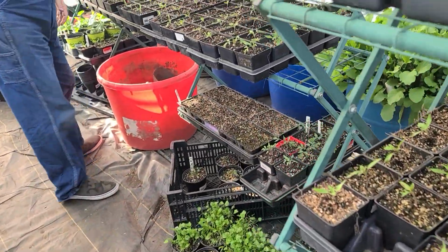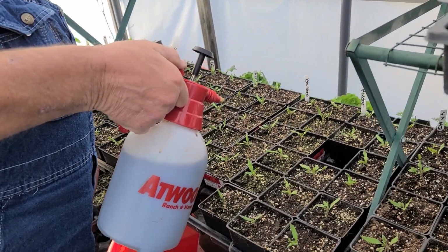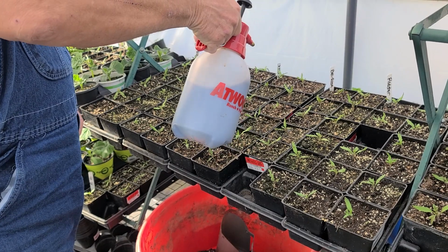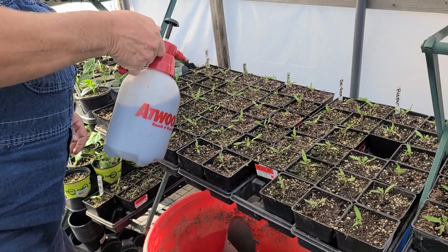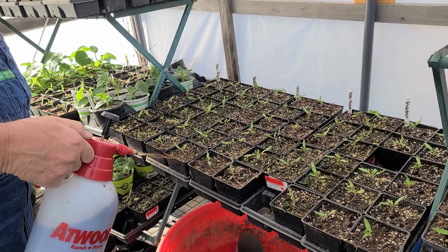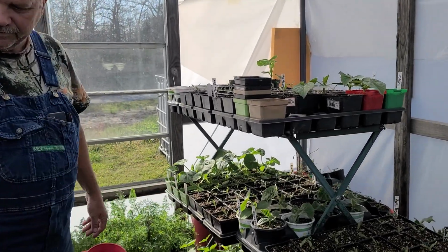Sissy will come in here. This is all you got to do. You don't get a tablespoon and sit around and measure all day. You'll be there for a month. So just spray this stuff on. So I'm just giving them a shot. And this does not harm the foliage. You can spray it. You can foliar feed, and you can do the soil as well. I wouldn't be afraid to use this for what they call root drench when you transplant. Just dip it in the roots and set them right in, and probably good to go. So I'm not going to sit here and do all these right now. I'll finish this up later, but